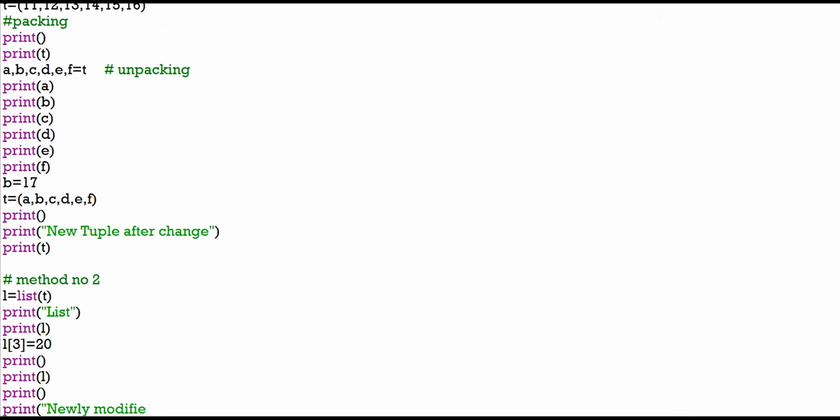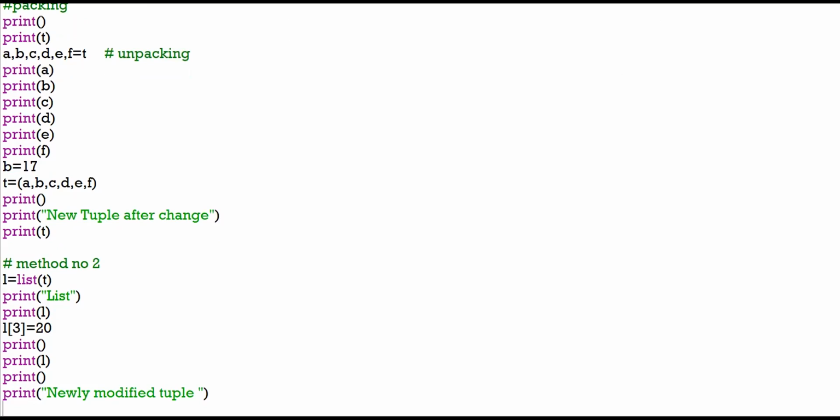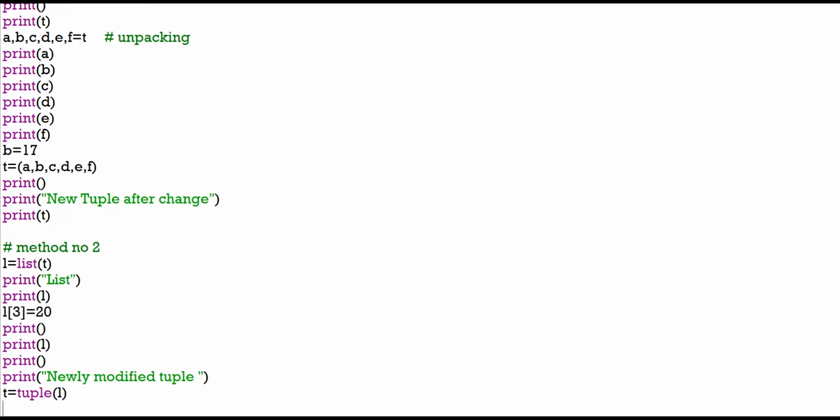Newly modified tuple, T equal to tuple method. Now use the tuple method, pass your list as a parameter inside the tuple method, create the tuple and print the tuple.